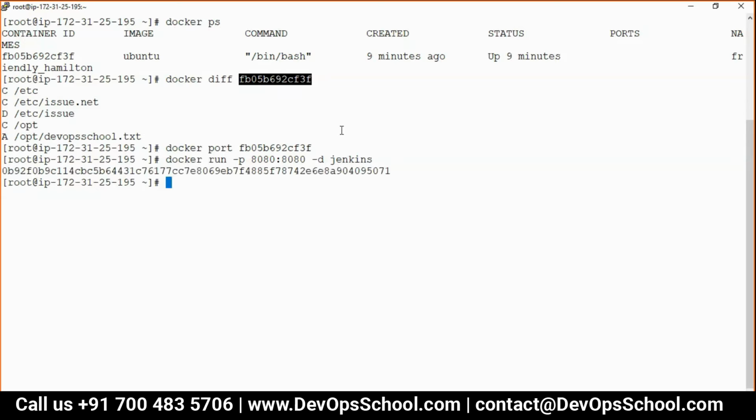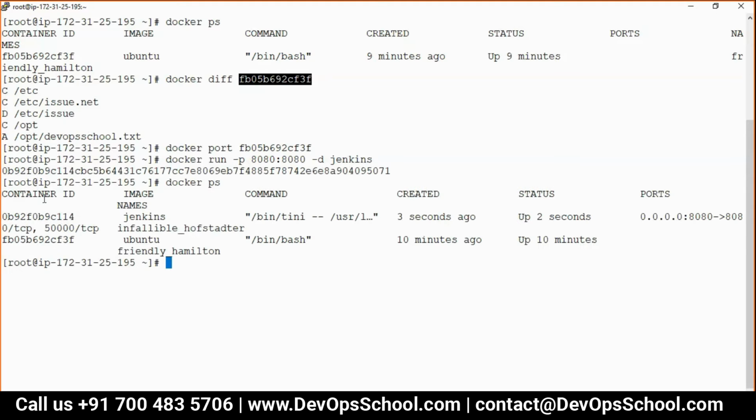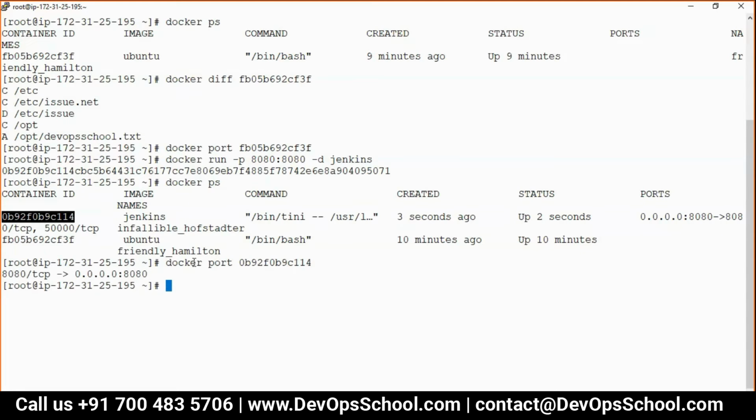I created this container quickly, the Jenkins image was there already. And if I see docker port, you will see that the container is getting exposed with the host node port 8080. This is the IP address and port of the node.